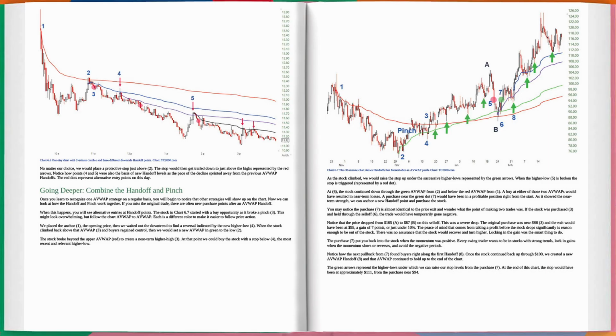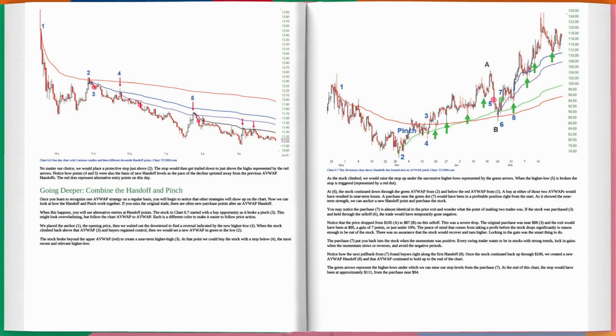A purchase near the green dot 7 would have been in a profitable position right from the start. As it showed the near-term strength, we can anchor a new handoff point and purchase the stock. You may notice the purchase 7 is almost identical to the prior exit and wonder what the point of making 2 trades was. If the stock was purchased 3 and held through the sell-off 6, the trade would have temporarily